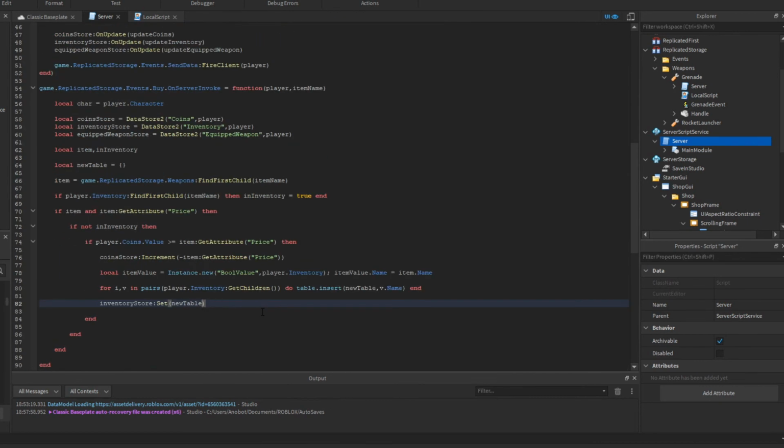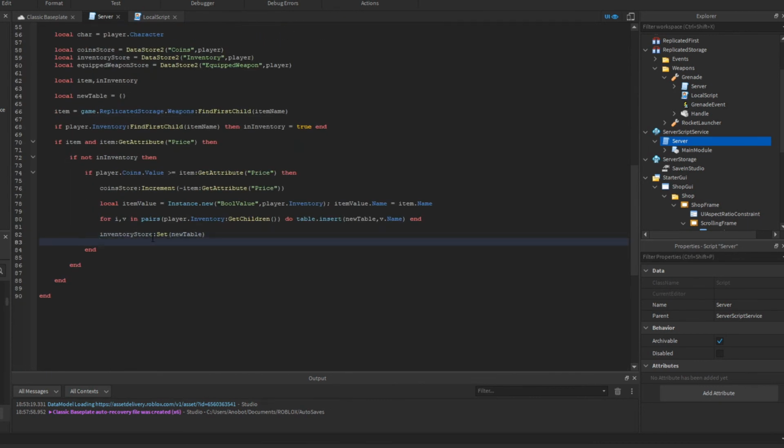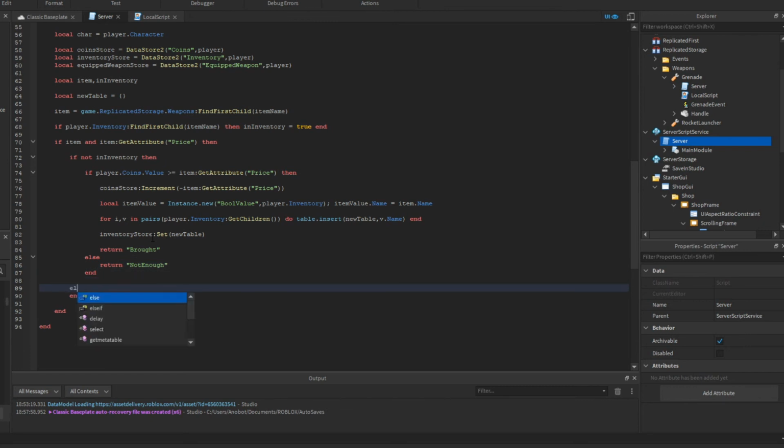So that's what it does. And then lastly, we're just going to say return we brought the item, and then else, we're going to return we don't have enough. Now if the inventory is in there, else, then we're just going to get the